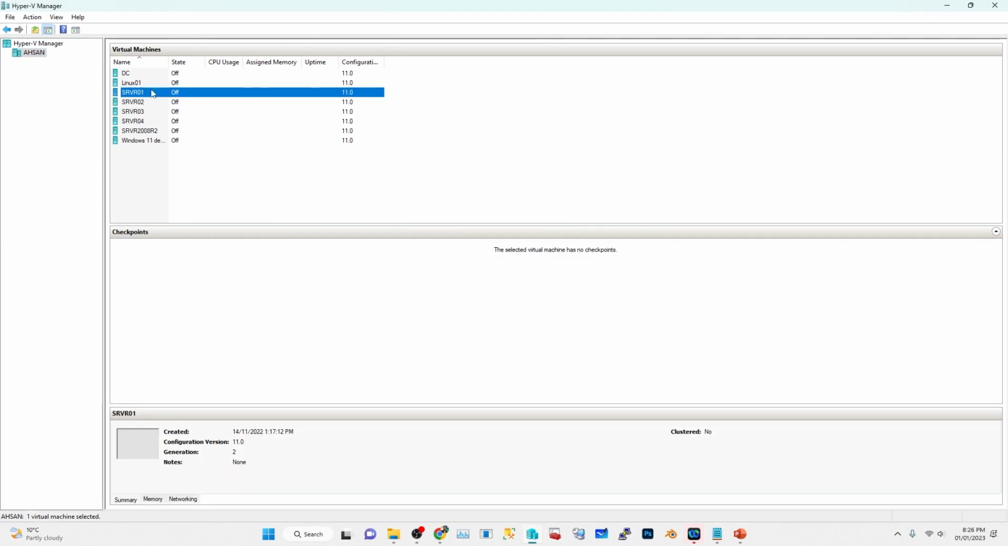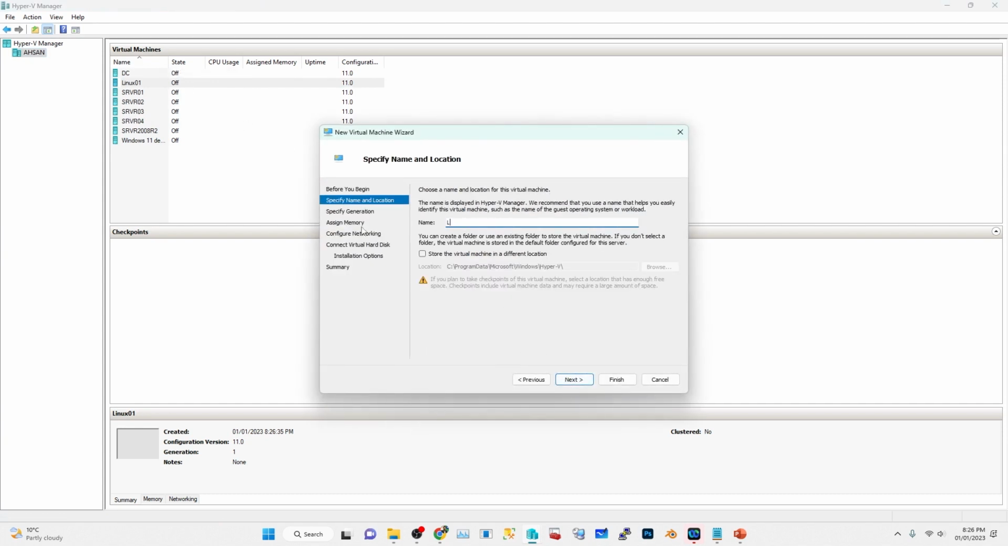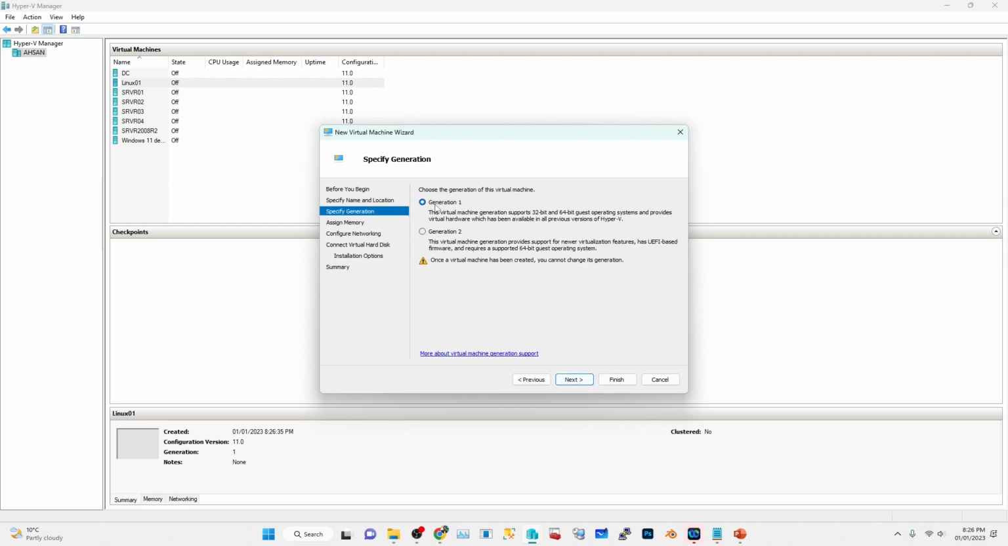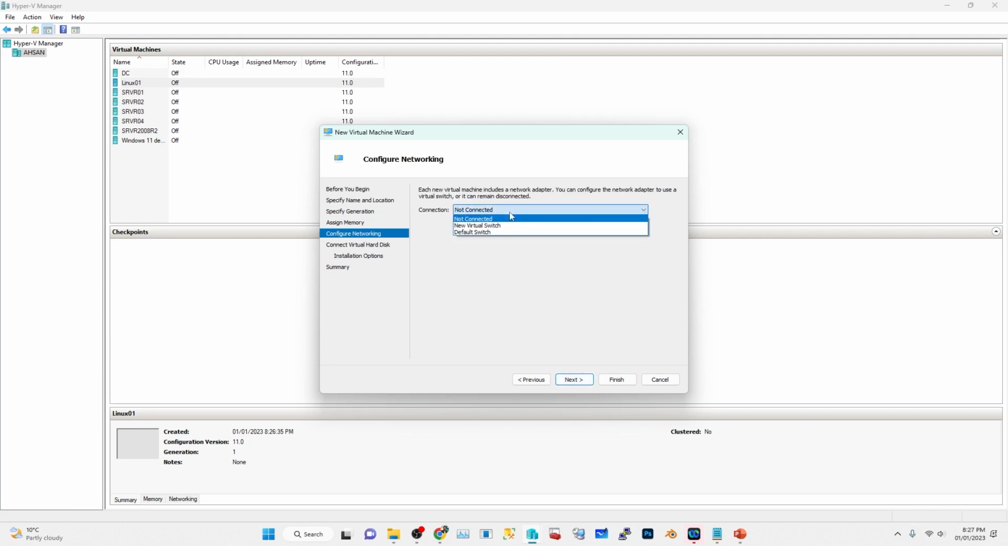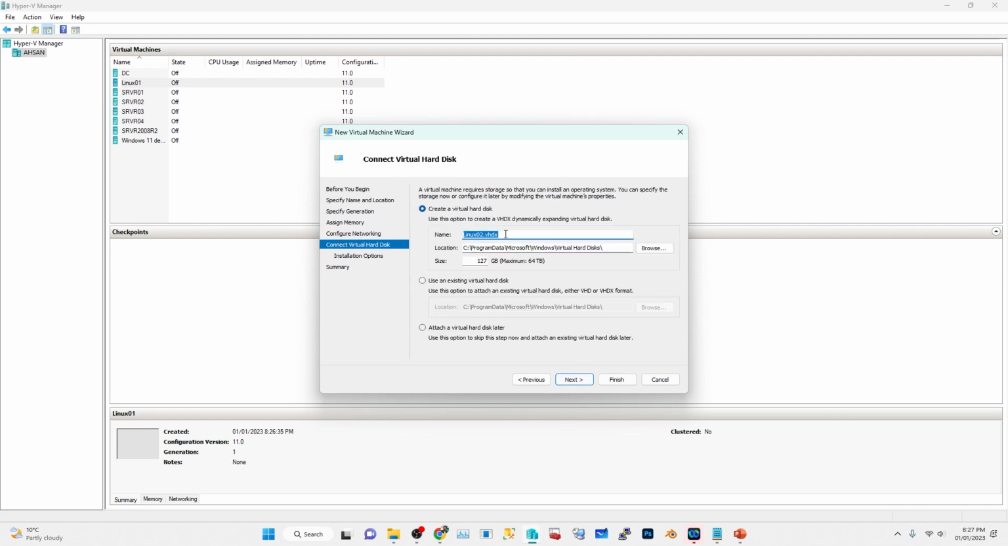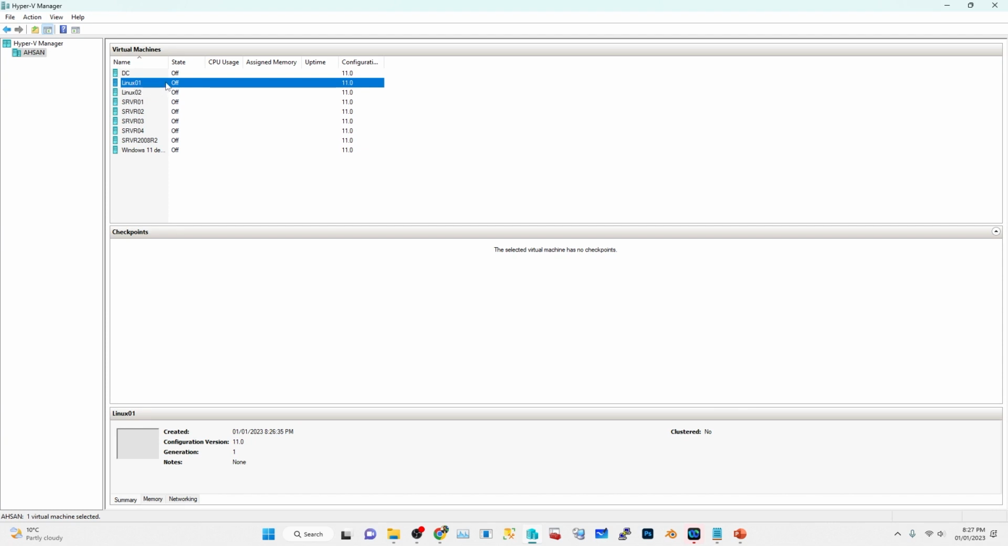So one machine is done. Now I will create another virtual machine. This will be Linux 02. Generation 1, 4 GB, uncheck dynamic memory, go next. Internet connection, virtual switch, go next. Hard disk name, mention size 30 GB, install operating system here, browse, Ubuntu Server, finish. Done. We have just set up our virtual machines, but we haven't installed